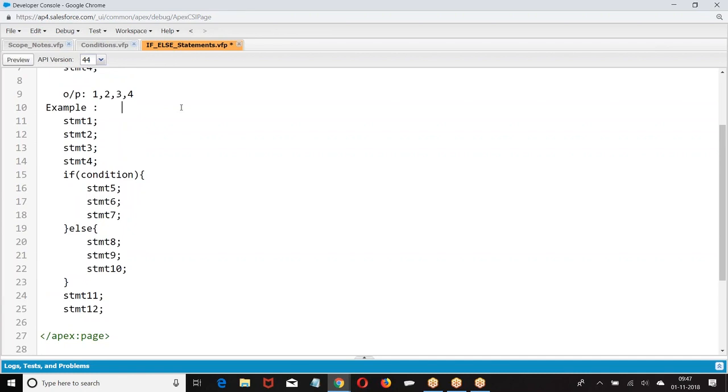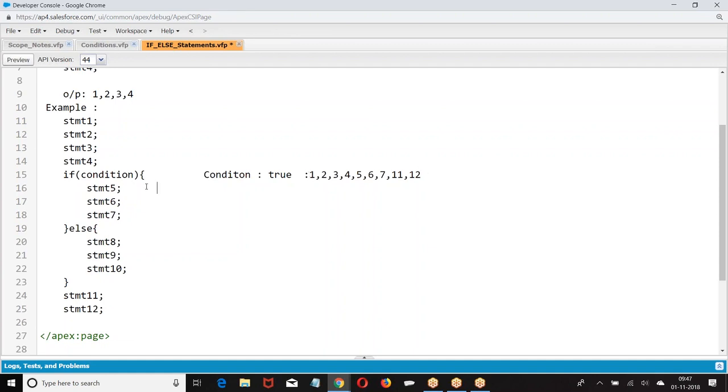First, the condition. If the condition is true, what is the output we are going to get? Tell me. 1, 2, 3, 4, 5, 6, 7, 11. So if the condition is true, the statements you write in the if will be executed.